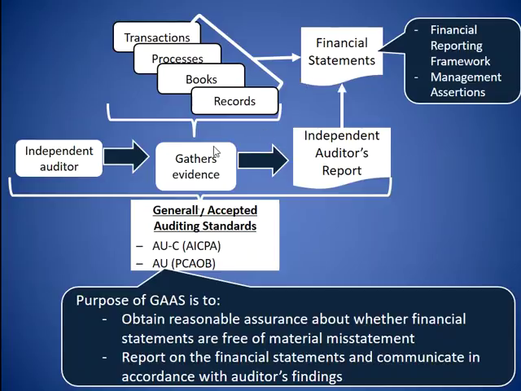When the auditor gathers that evidence and has enough evidence that they can conclude, they will write an independent auditor's report, which will conclude on the fact that the financial statements were prepared within a particular financial reporting framework, and on top of that, that the information within the framework is fairly stated, or in other words, another way of saying it is not materially misstated. So that's what the auditor does, basically, from the